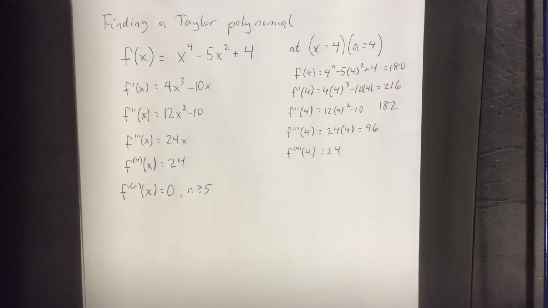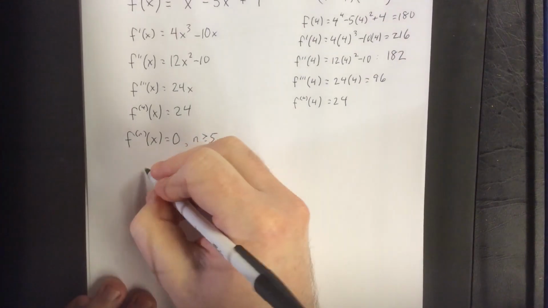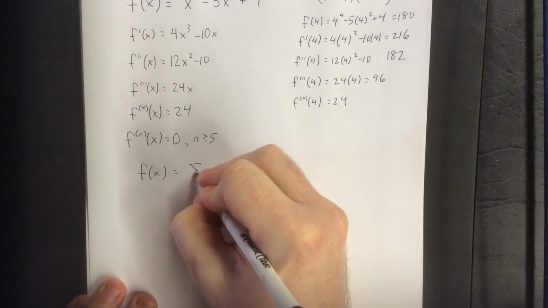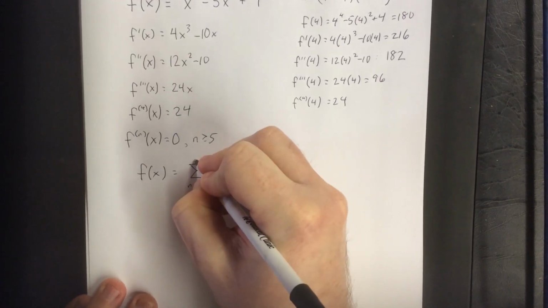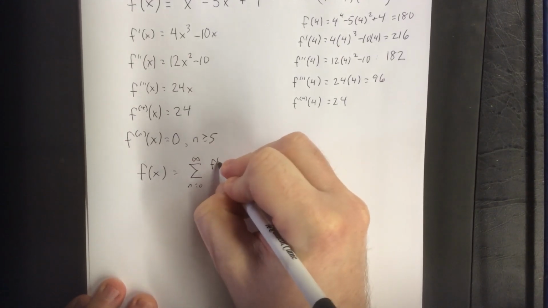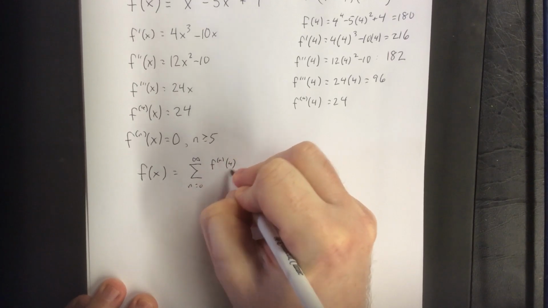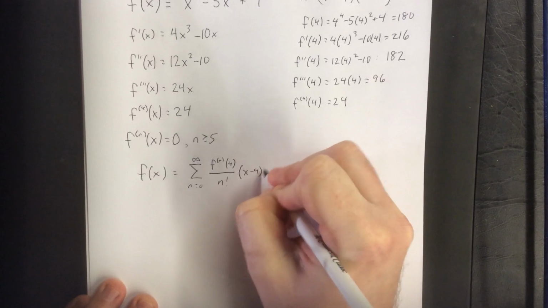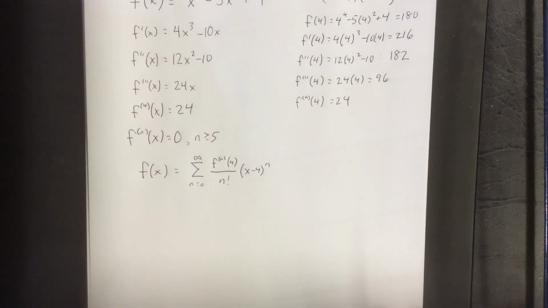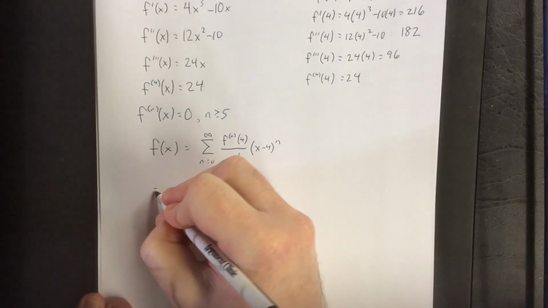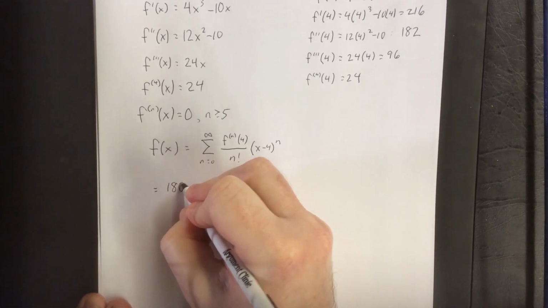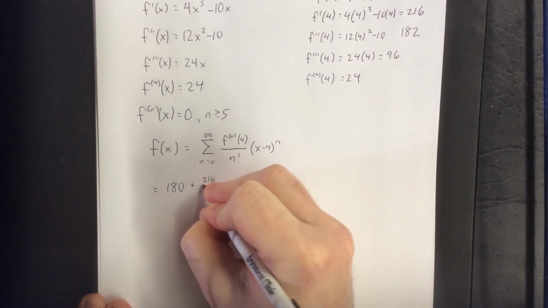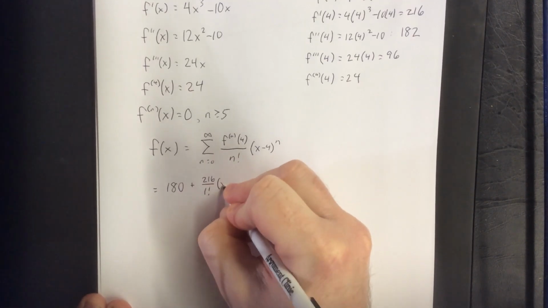Now for our Taylor polynomial, f of x is supposed to be equal to the sum from n equals 0 to infinity of the nth derivative evaluated at 4 divided by n factorial times x minus 4 raised to the nth power. So in order, this is going to be 180 for the constant term plus 216 divided by 1 factorial times x minus 4